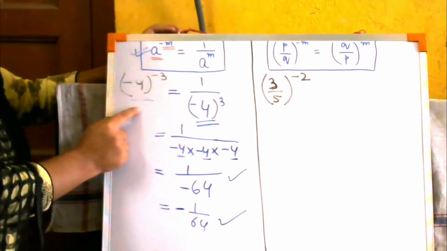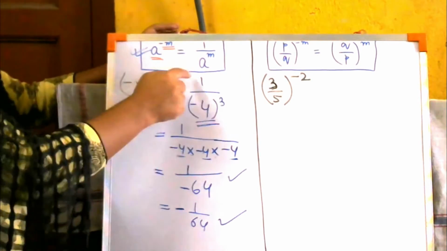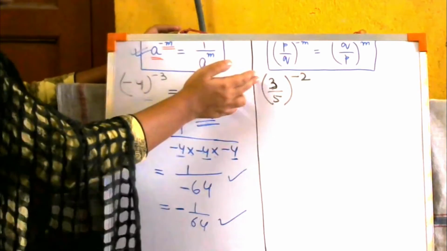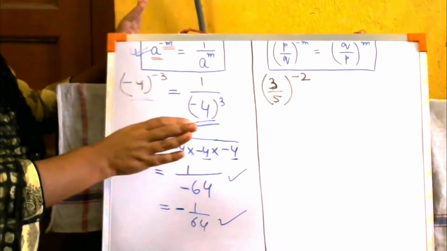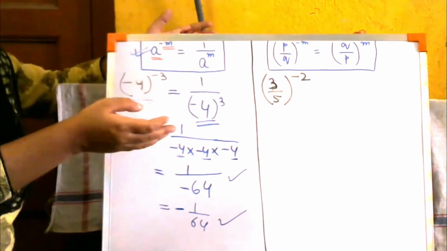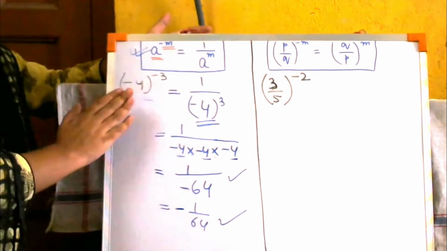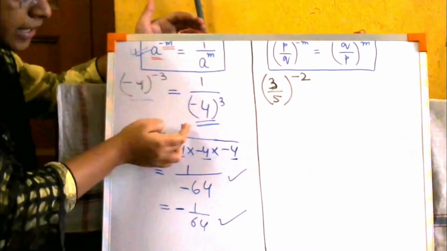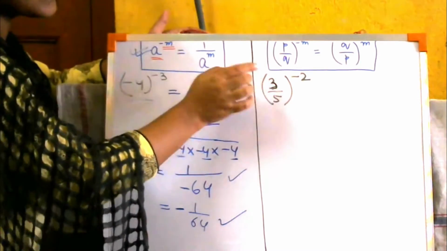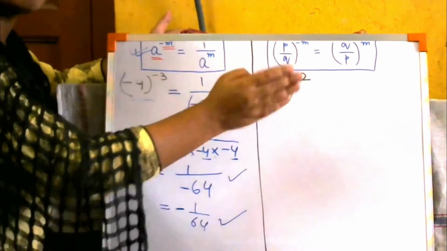यहाँ पे by नहीं था, इसीलिए we know कि यहाँ पे कुछ है नहीं, मतलब यहाँ पे 1 है. That is why 1 by minus 4. लेकिन यहाँ पे दो ही number है. So 3 by 5. Two numbers are already given to you. You don't have to take in like for an instance that there is 1. Like in this case, we took for granted that it was divided by 1. That is why we are doing ulta 1 by minus 4. लेकिन यहाँ पे it is given 3 by 5. So when we are inversing, we have to write 5 by 3.